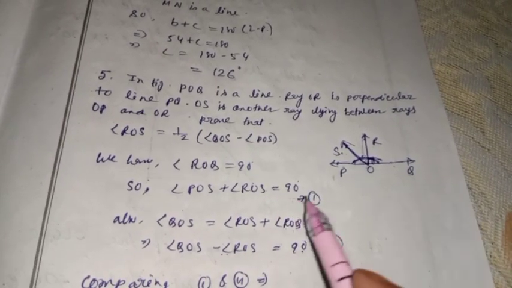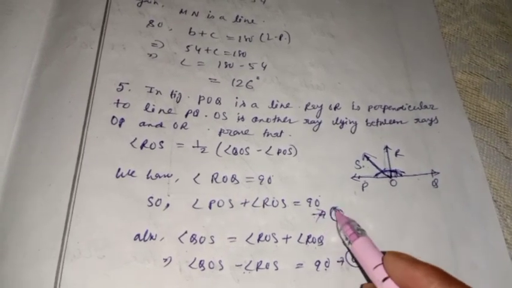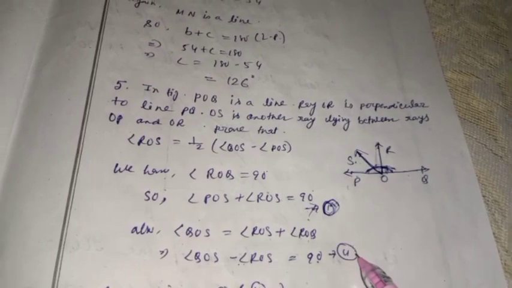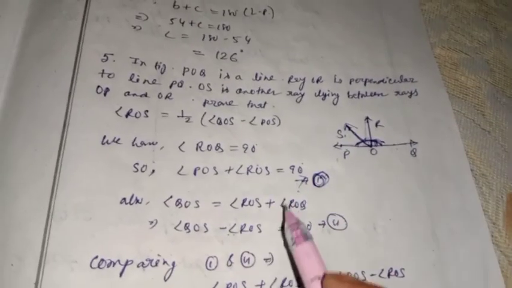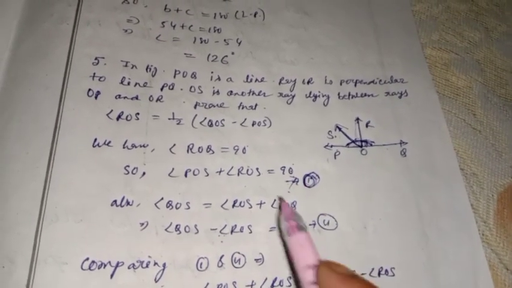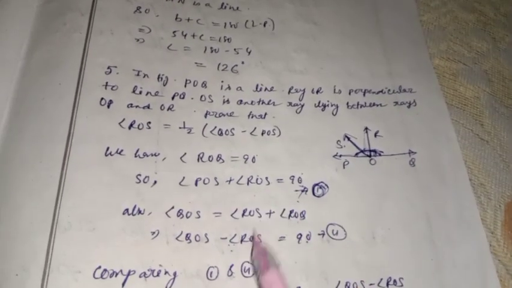So both relations, what did you get? You have to give an identification mark. So this is number 1 and this is number 2. Both have 90 degrees on the right-hand side. So if you compare 1 and 2, then this is 90 degrees, this is also 90 degrees, meaning the sum of these two is 90 degrees, and from the other one, this relation is how many degrees? 90 degrees. That means these two are equal.